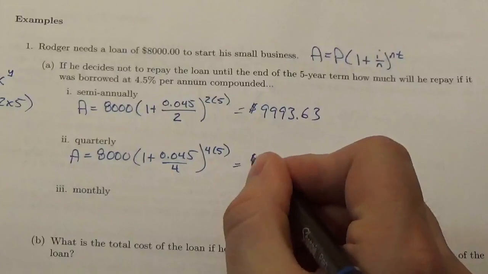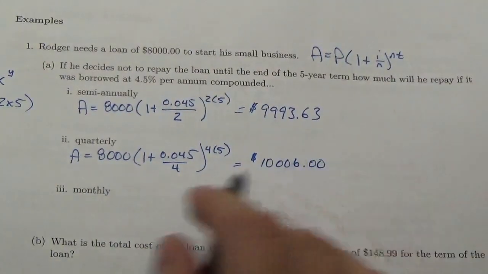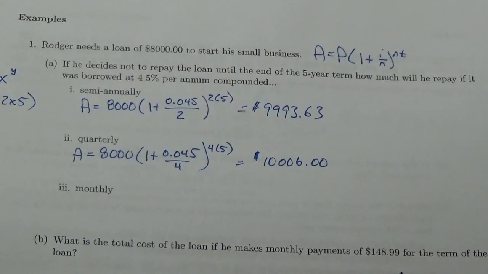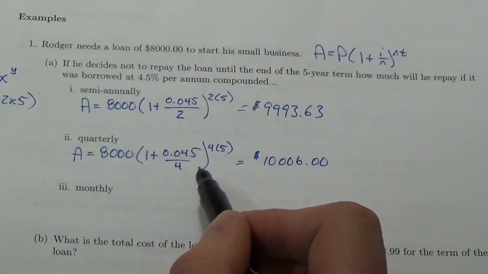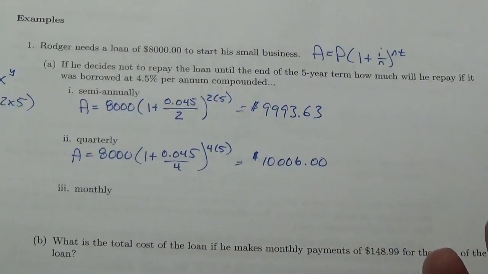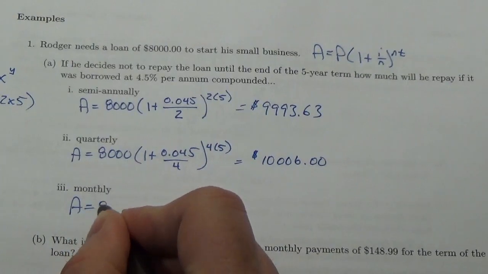So this is going to be $10,006 and no cents if I round that to the nearest cent. So notice that actually increased it by compounding it a little bit more frequently. It actually increased the amount that we're going to pay back. And then here, if we do it monthly,